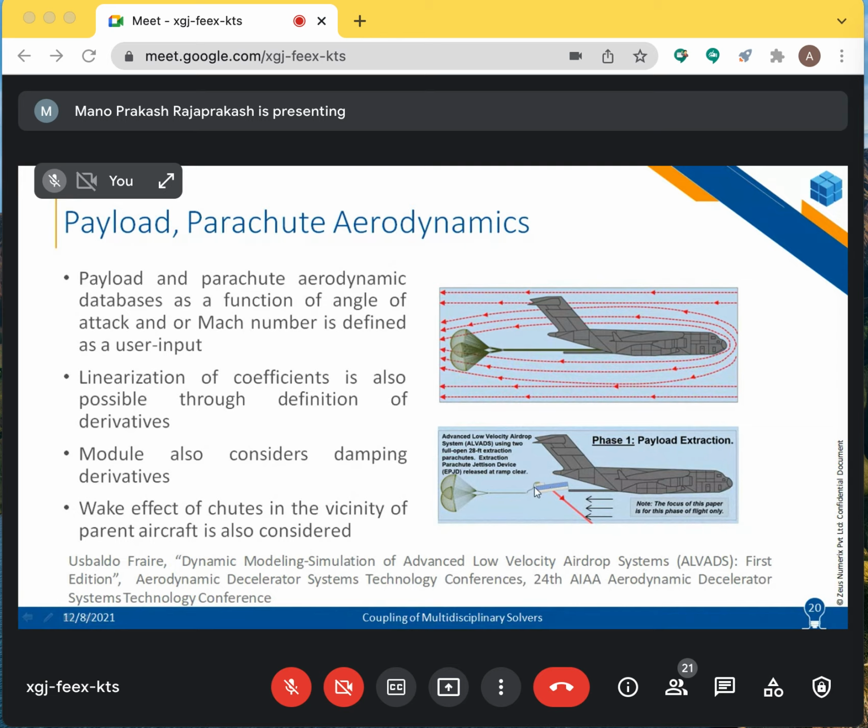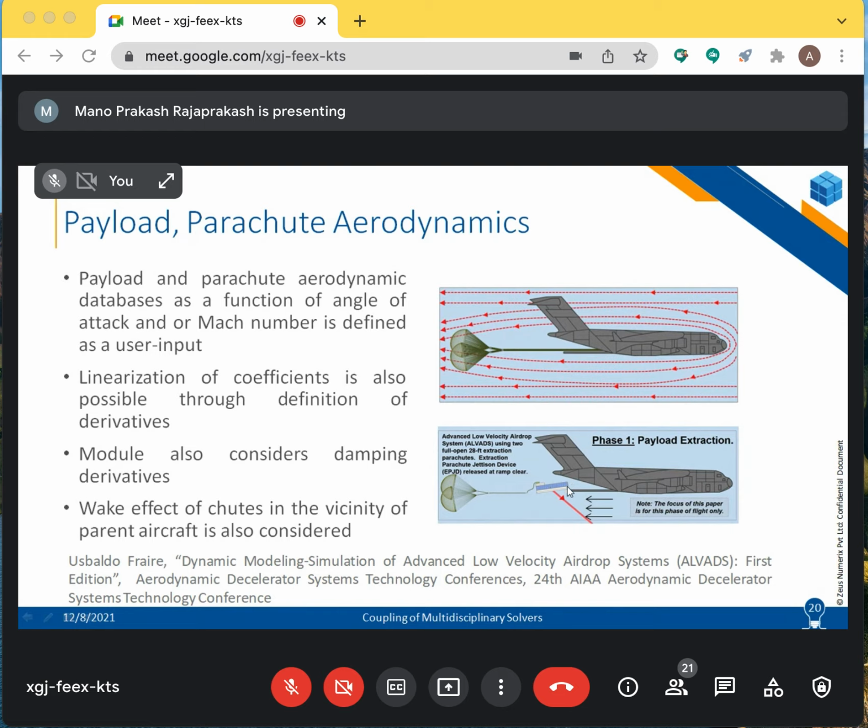And this effect can become bigger and bigger when your assembly size is very big. So imagine modeling, say, a 10-meter or a 12-meter payload. When it starts tipping, when it is half out, a sufficient length of the payload is already out experiencing the airflow. So it is very important to decide how you want to model the aerodynamics of the payload when it is in the vicinity of the aircraft.